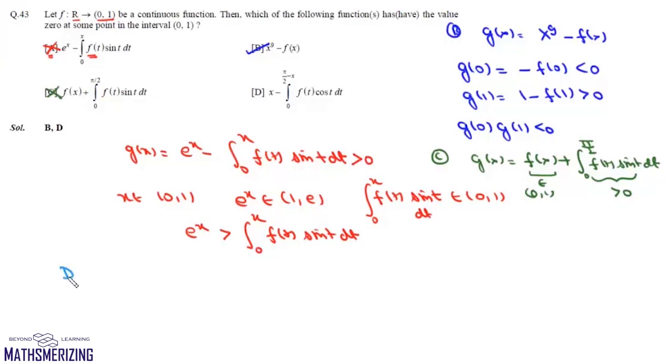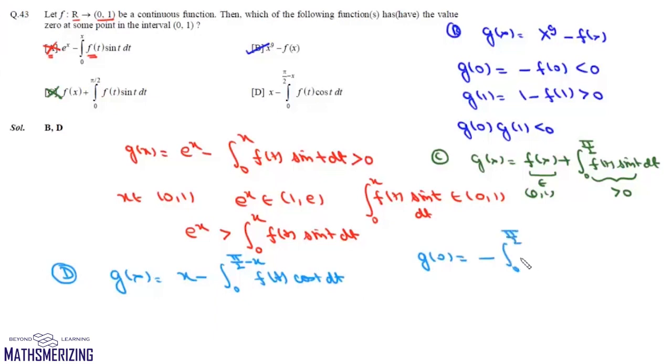Now for this option D, we'll take g(x) as x minus the integral from 0 to pi by 2 minus x of f(t) cos t dt. Now again, if we find g(0), g(0) is minus the integral from 0 to pi by 2 of f(t) cos t dt, and g(1) will be 1 minus the integral from 0 to pi by 2 minus 1 of